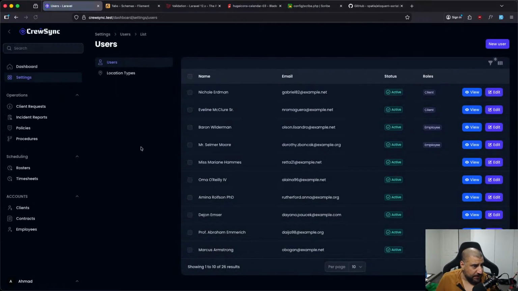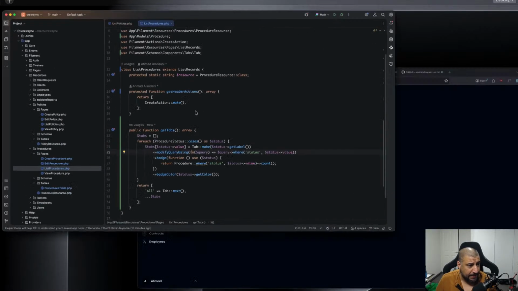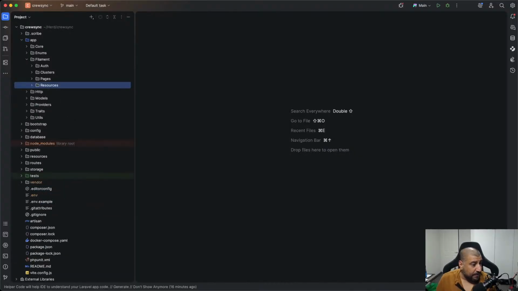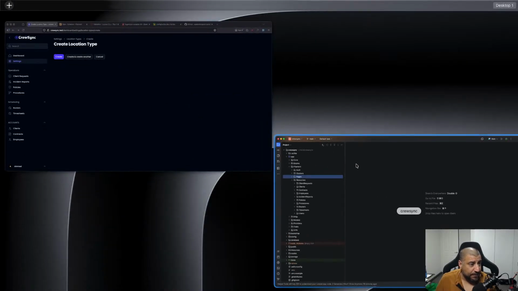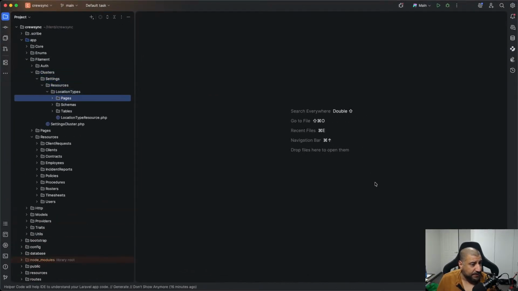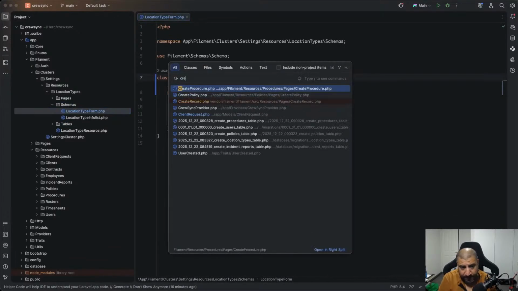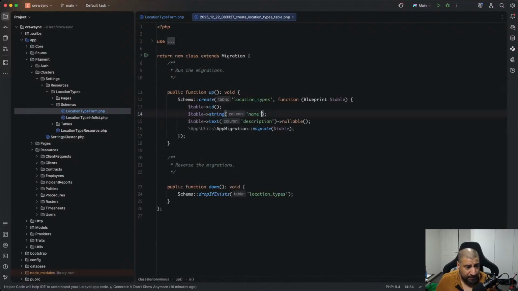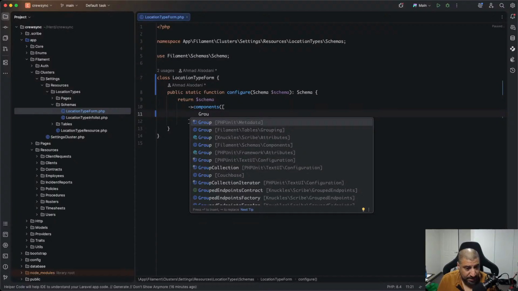So now under settings, we do have location types. So let's do that. Resources, and it's actually under the clusters of location, schema, location type, form. Let's see what do we have in the create location type. We have name and description. All right, so we are going to do the same thing, except it's only name and description,